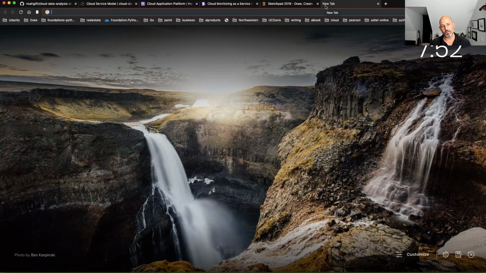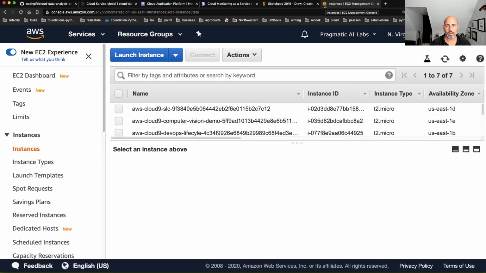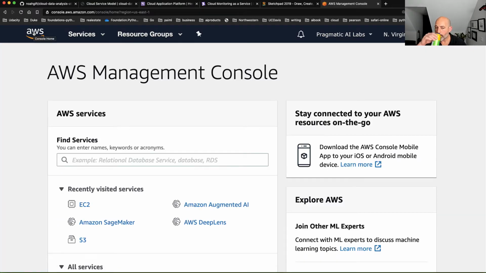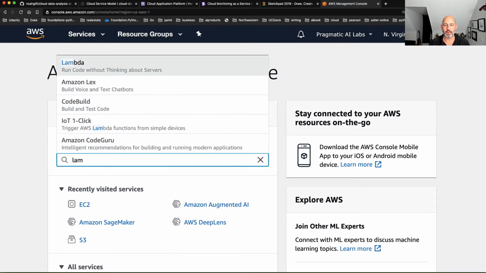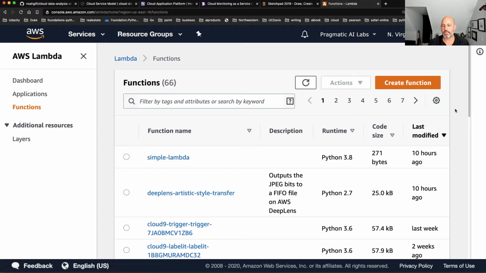If I go to the console here and get into the AWS environments, one of the things I can do is go to Lambda. Lambda is one of my favorite development environments, and the reason why is it's really simple to build stuff.